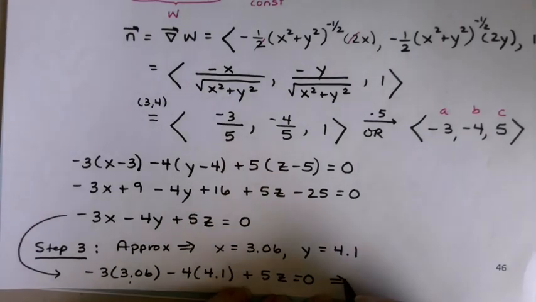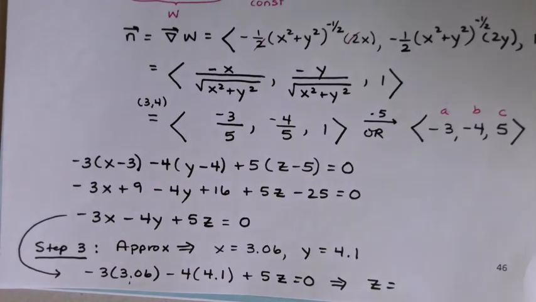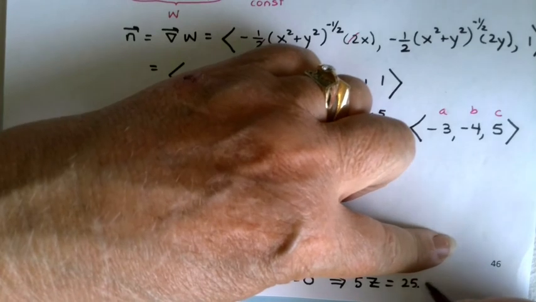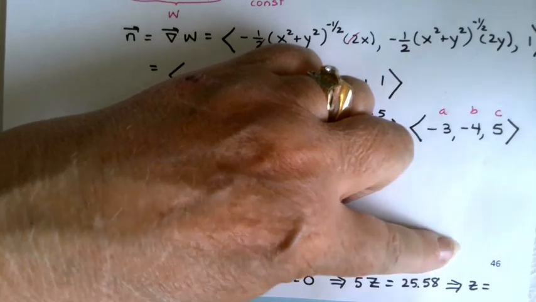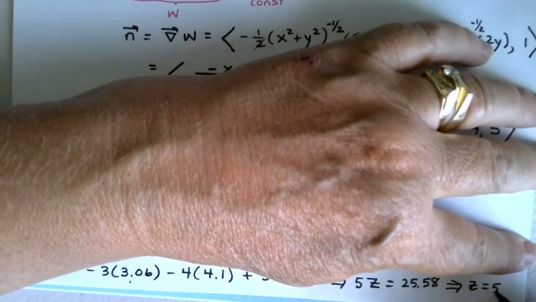I'm running out of room, so I'm just going to go ahead and do that. What would that be? 9.18 and 16.4 is 25.58. Oops, that's 5z. And so if I divide that by 5, I get 5.116